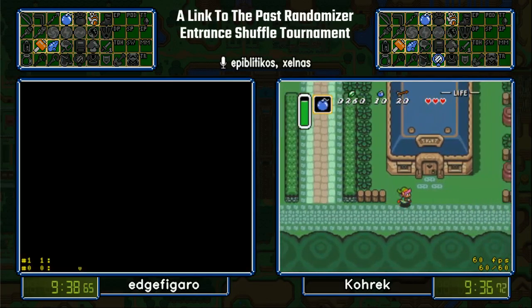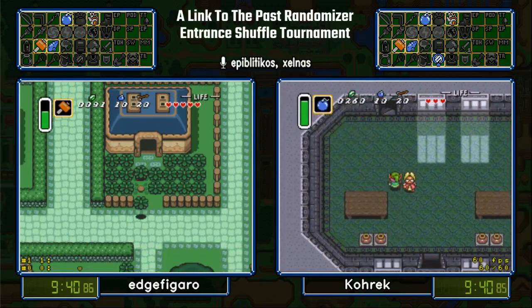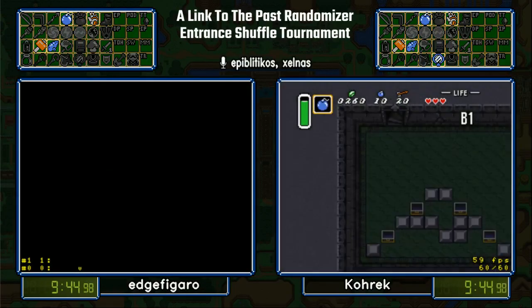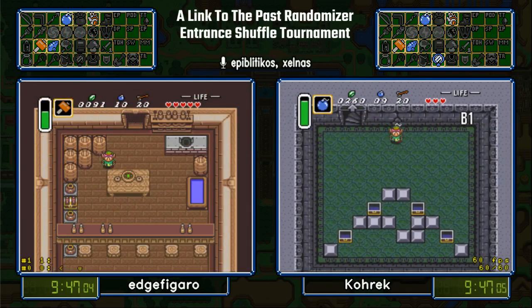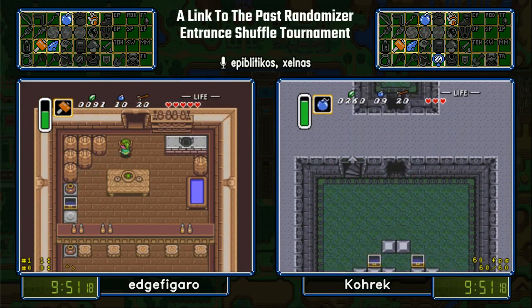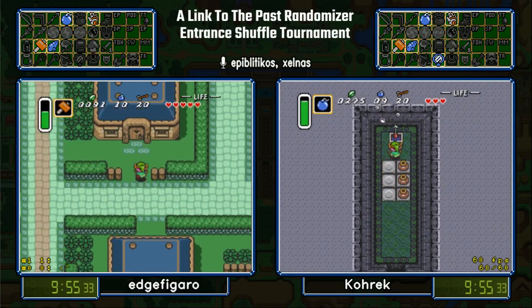Where did Kohrek find Mirror? Somewhere in town. Yeah, they found everything in town. Everything's been in town. They've got a pretty lucrative thing. It's hard enough to keep track of where everything was. So I'm just gonna go back to the tavern. Oh, okay. Yeah. Right, back to the tavern. Can't shuffle that, or else Link just...